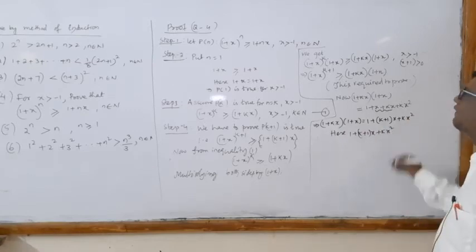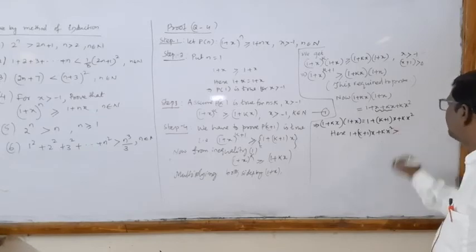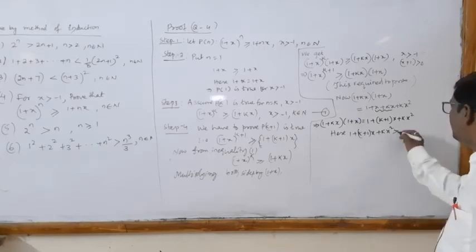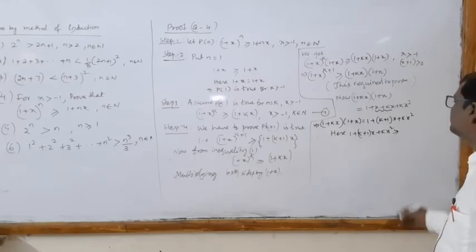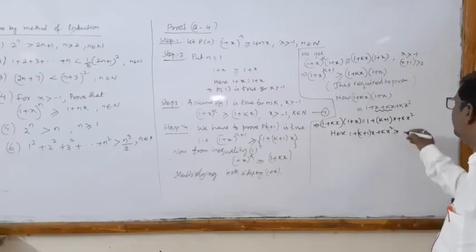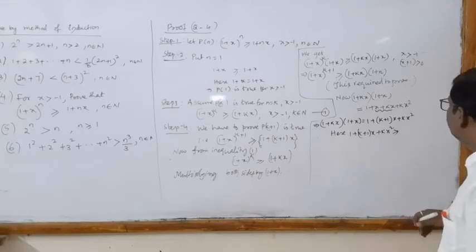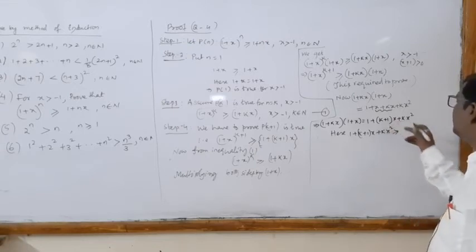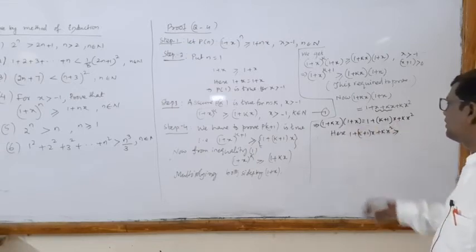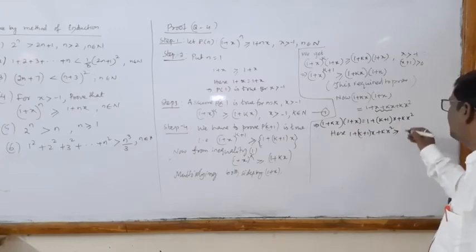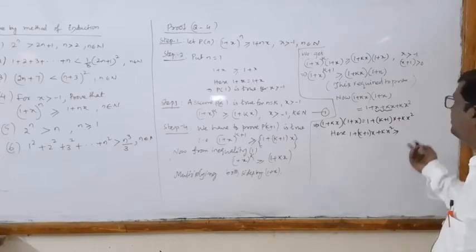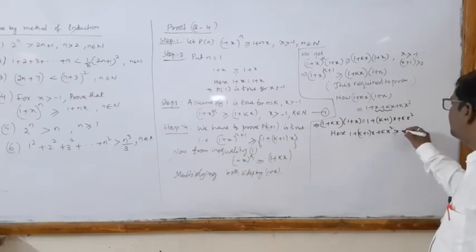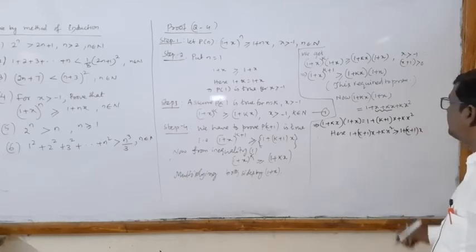That is greater than or equal to what? If k is equal to 0, then it is what? 1 plus x. Here 1 plus x greater than or equal to what? Here greater than minus 1, maybe 0 here. So this is equal to what? 1 plus k plus 1 into x. Okay.